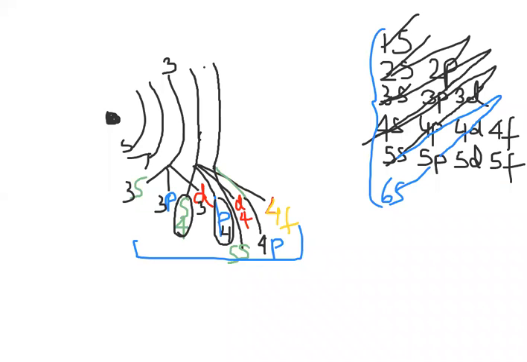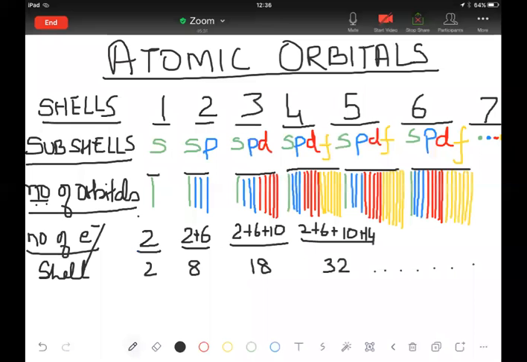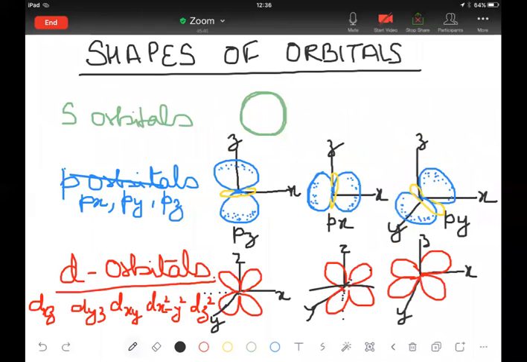So now let's go to the next part that we have to do. Let me clear this out and let's go back to the slide. After this, the next one that we have to discuss is the shapes of the orbitals. Now, we have to do the quantum number also, but let me see. All right, so this is what I did for the shape of the orbitals.